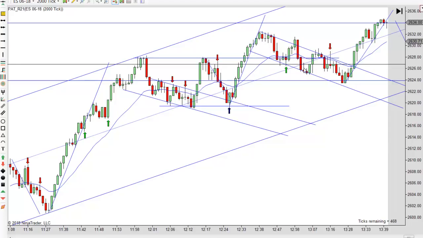And notice you get a first entry long, you pull back, you get a second entry long, it fails, and you get a big bearish bar, and you're back inside this little trading range. And you need to make sure you got enough room to get out before here. And so I like that one.